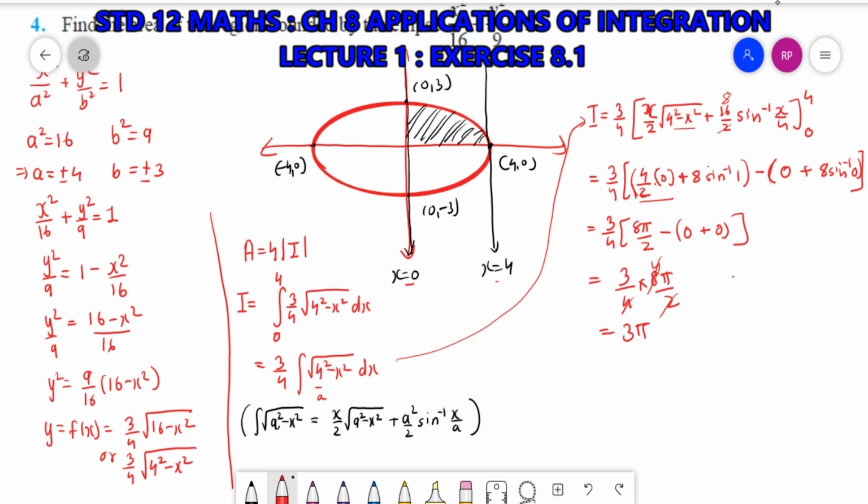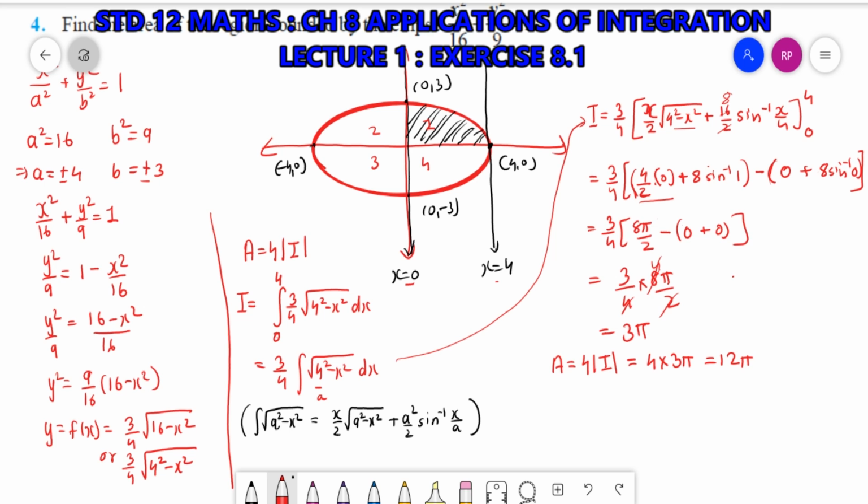So now what is the area? We have used that the area is equal to 4 times modulus of I. See why we have taken 4 times? Because here there are 1, 2, 3 and 4 regions. Now this is symmetric, means the area of all the 4 regions is the same. So what we did, we just found out the area of 1 and then multiplied it by 4. So this will be equal to 4 into, now we know that 3 pi is positive, so 4 into 3 pi. So this will be equal to 12 pi.